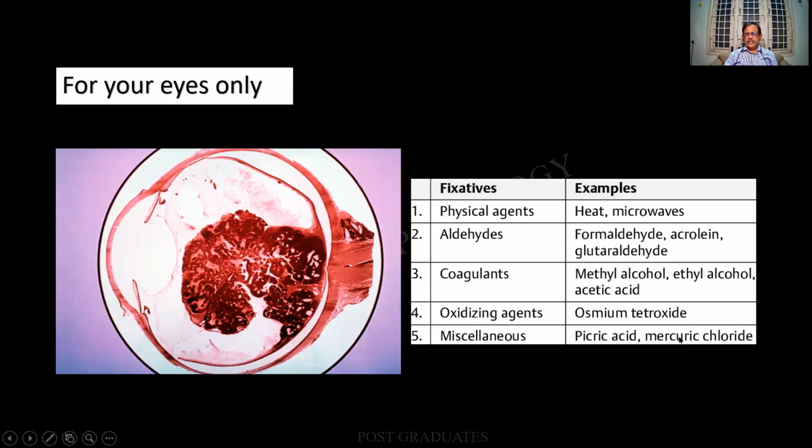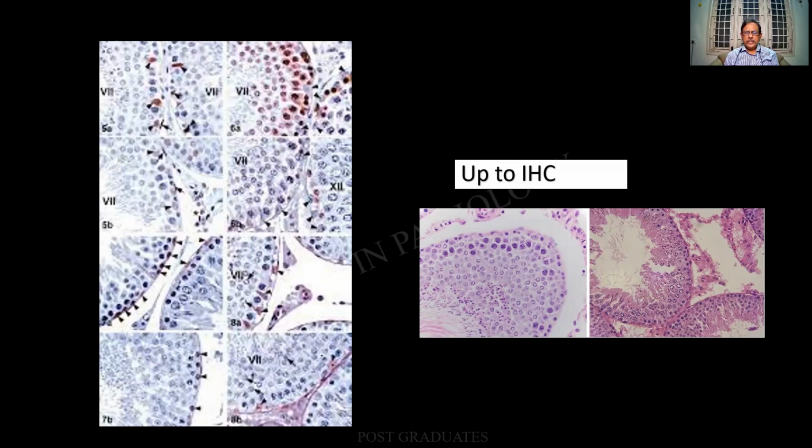A way of classifying the fixatives, we have seen it in any number of places. Please recapitulate. And dear students, fixation is not limited to seeing a slide and reporting it. It is, of course, meant for preserving the tissue. But see what is there on my left. Can you identify the technique that is being used? It is immunohistochemistry. The various components of a cell, here it is a case of the seminiferous tubules wherein the Sertoli cells are being demonstrated. Bouin's fluid can be used or a H5 can be used.